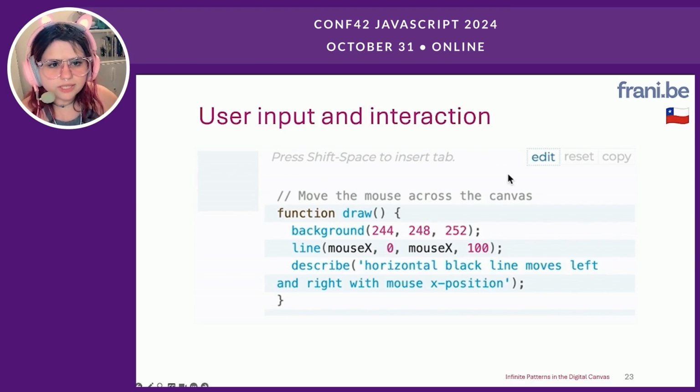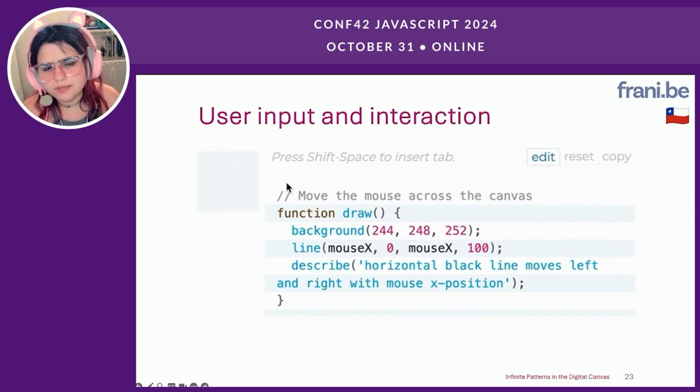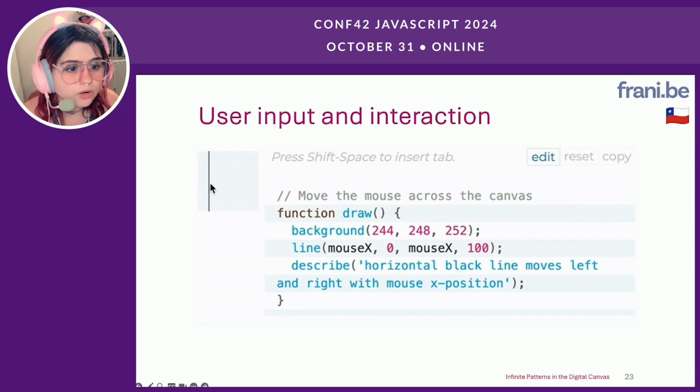One of the most exciting aspects of P5.js is the ability to create interactive experiences. With just a few lines of code, you can make your artwork respond to user input, whether it's through the mouse, keyboard, or even sound. For example, you can track the position of the mouse and use that data to move elements on the canvas or change colors dynamically. Imagine creating a painting that reacts to where you click or draw your mouse across